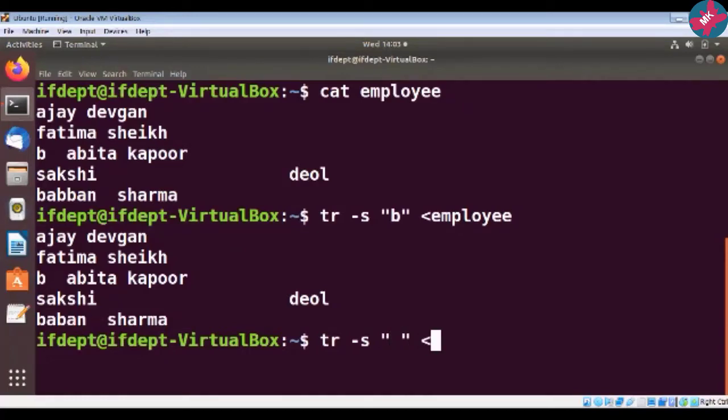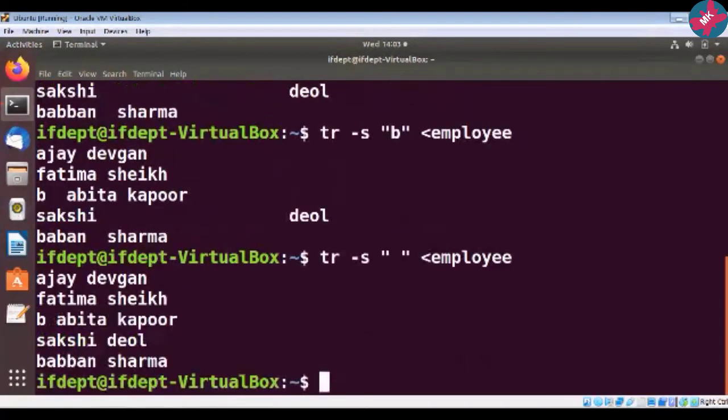Space. Then less than employee. Now let us observe the output here. So observe here, the extra space between Sakshi and Deol is removed. So this is how you can use the minus s option.